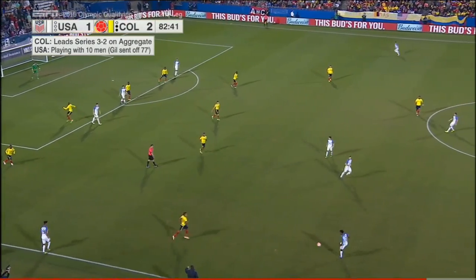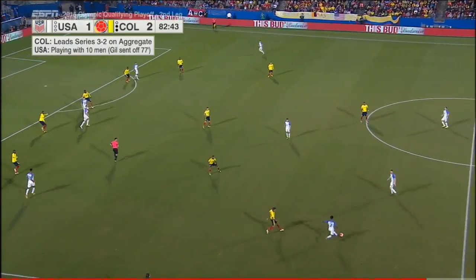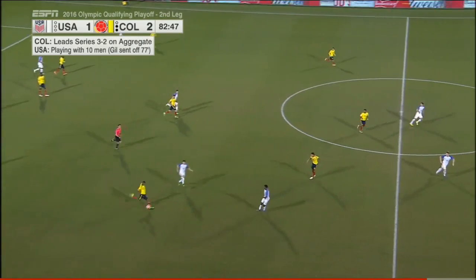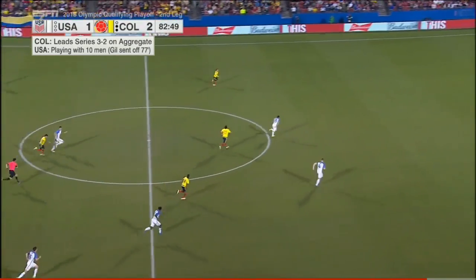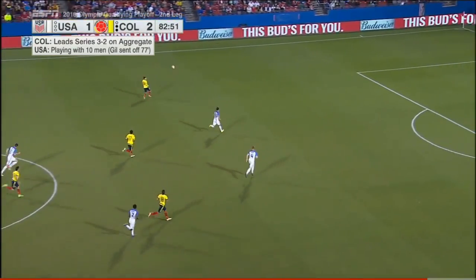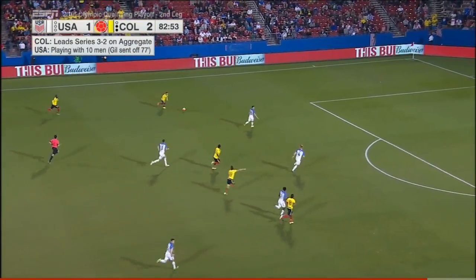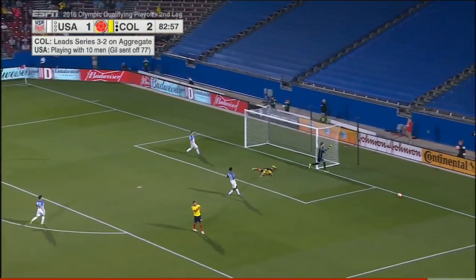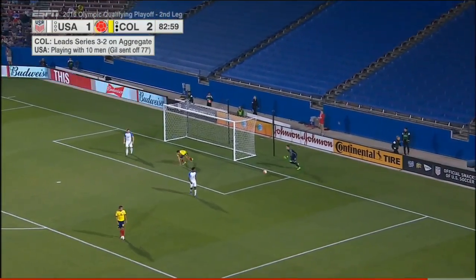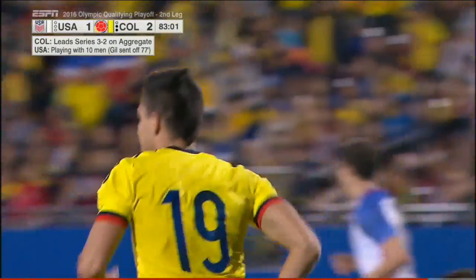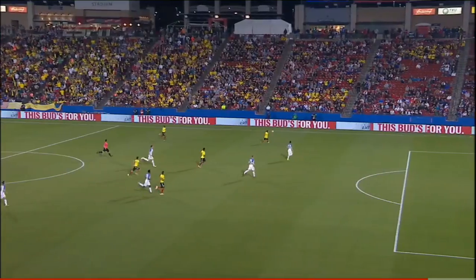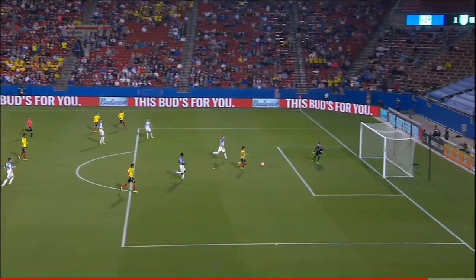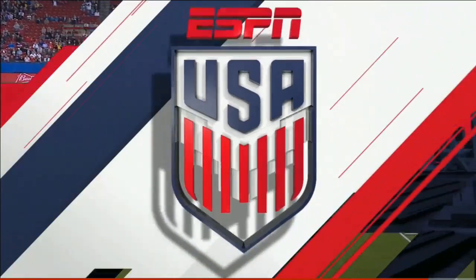Back on to aid the defensive effort. Now the breakout could be on here. The United States stretched defensively, Polster providing the cover. The ball across the face of goal, and just agonizingly out of his reach. This is just a beautiful ball from Juan Fernando Quintero, looking for the run by Celis